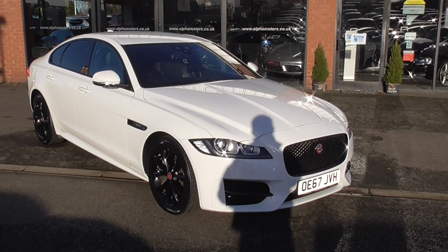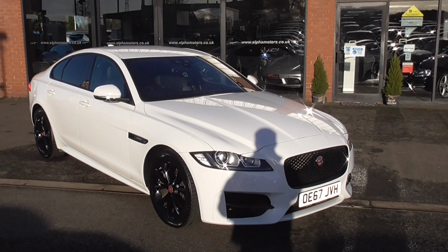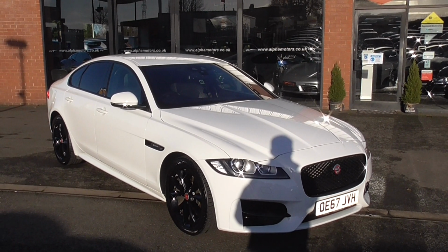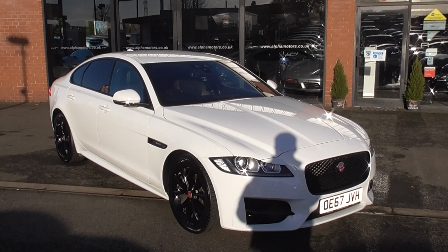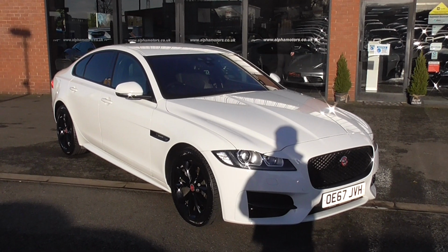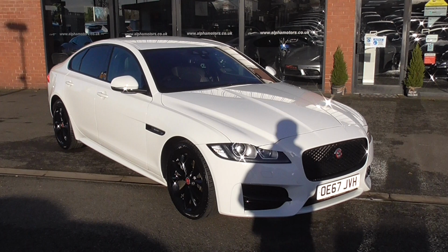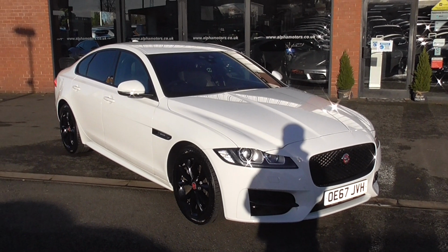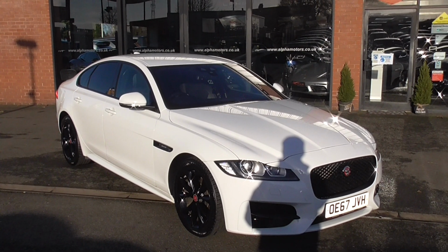But today I've got the pleasure of showing you around this fantastic 67 registered Jaguar XF Sport. Now this is the 2-litre petrol engine. It's a 250 brake horsepower automatic vehicle, and it's in absolutely drop dead gorgeous condition. It's only done 16,500 miles, so a very low mileage car. Last owner bought it just over 7,000 miles from Jaguar, so he's had the pleasure of driving it for 11,000